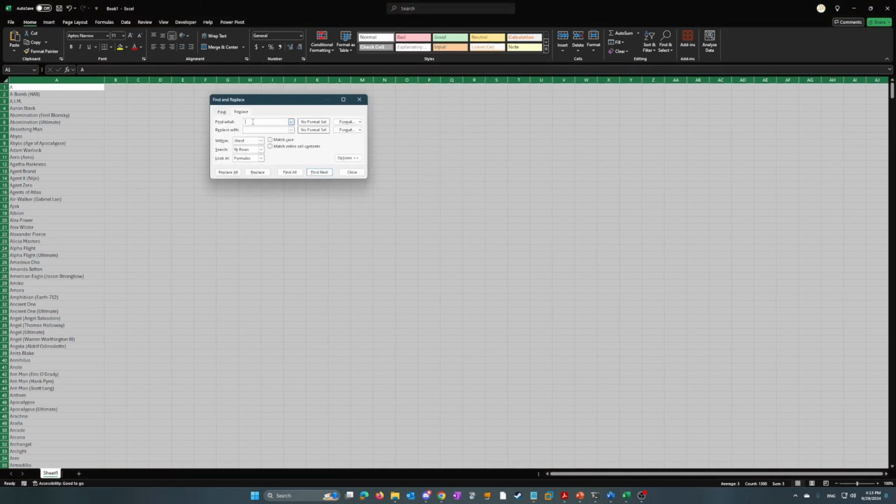So I'm just going to put a blank character in. Or not a blank character, but I put a space in there. I'm going to replace that with nothing just to get rid of all the spaces. So I'm going to replace all. And then let's say for all of these